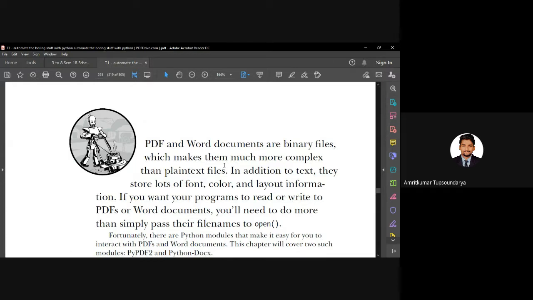We have created so many text documents, copying the content from a text file to another new text file. But here, we are going to perform some operations with respect to PDF and Word documents. So it will be a little complicated, but not as much because we do have an inbuilt module for it, which will help us to do these operations, right?